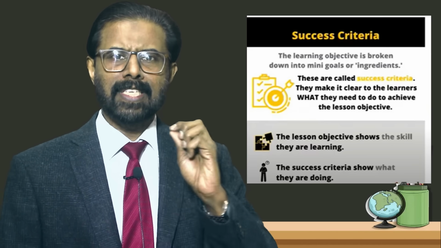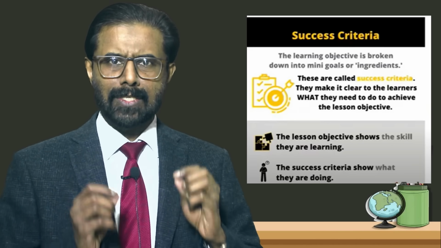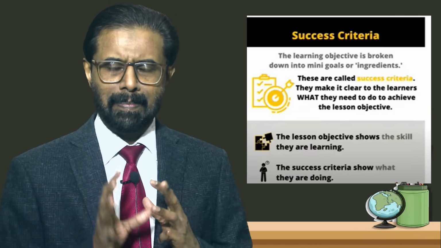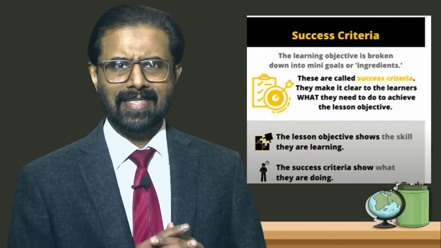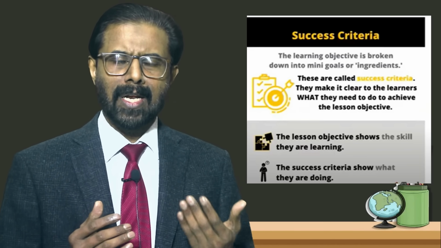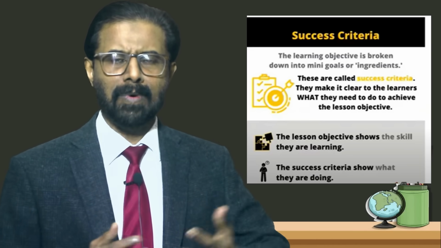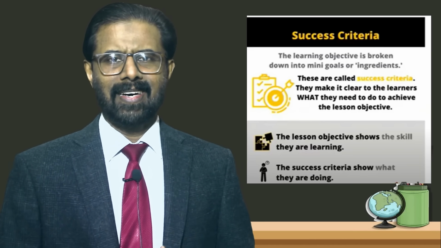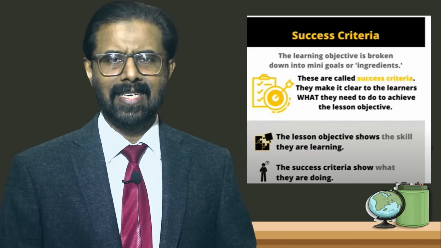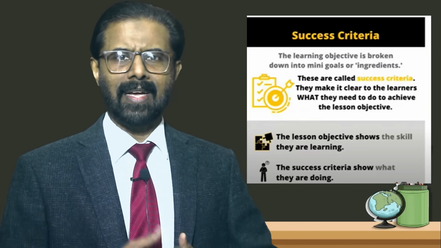And what is the importance of sharing success criteria? Success criteria are performance indicators. The students should be familiar with the rubrics, the parameters and also the exemplars, so that each student will take up the accountability and ownership of learning. When the lesson is in progress, each student will be able to ensure that they are learning according to the learning objective. The learning objective is the endpoint on which all the efforts are focused, whereas the success criteria is like